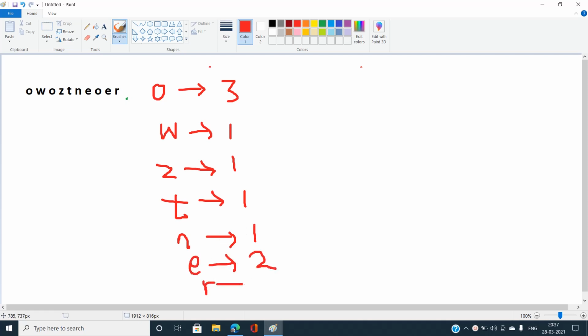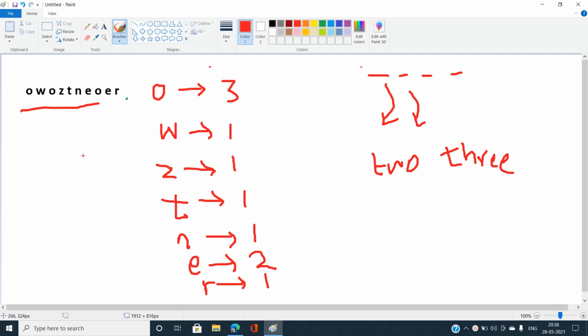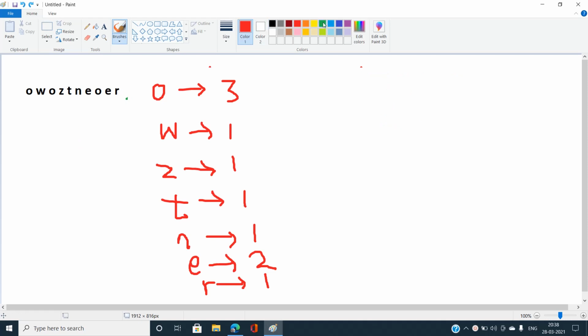Okay, so now we need to find whether there exists a sequence of digits such that on converting these digits to their word representation, like 2 to TWO and 3 to THREE, and mixing up all the characters, there exists a string that matches this string. If there exists a sequence of digits that we can print, then we have to find that. So how are we going to do that? Let's give a unique identification to each of the digits and try to find out what can be the best possible way.